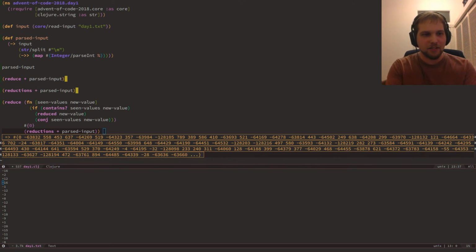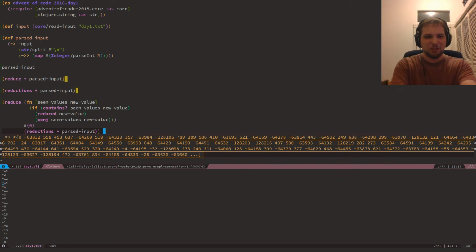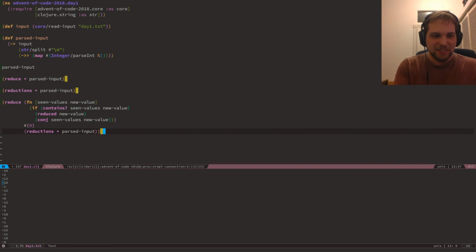Ah, okay. There's a trick here. It's not guaranteed that you'll find it the first time. You have to actually loop that set of inputs over and over and over. So it's not just the input once, it's the input many times. AKA, I need to cycle the parsed input. There we go. That's the wrinkle in the problem. Gotta read the whole thing, folks, every time. 790 is the answer I'm getting. Let's try that.